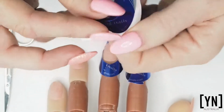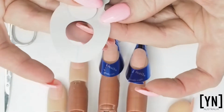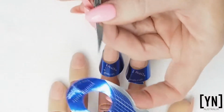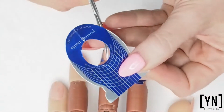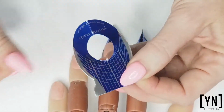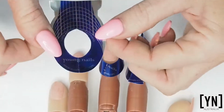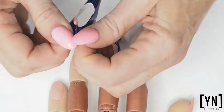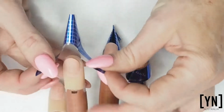So I'm going to remove my form. I'm going to secure my tab. And now I'm just going to get out my little manicure scissors, and I'm going to cut away part of that inner of the form that would be pressing up against the hyponychium. And now I've cut that middle section out completely. So this is now going to allow that little bit of an extra gap where we'd be fitting that form up against that hyponychium. Again, I'm going to secure my bottom tabs, undo my perforation,